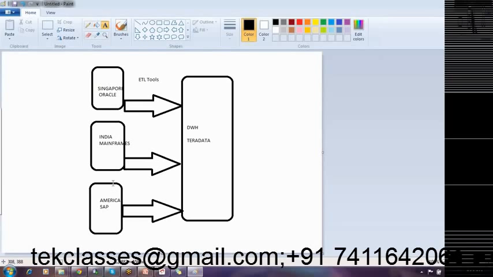So he has to go to every individual application, find out the profit, and then work out the total. It becomes a very time-consuming process to do analysis by going into each individual application. That's why we are integrating the entire data